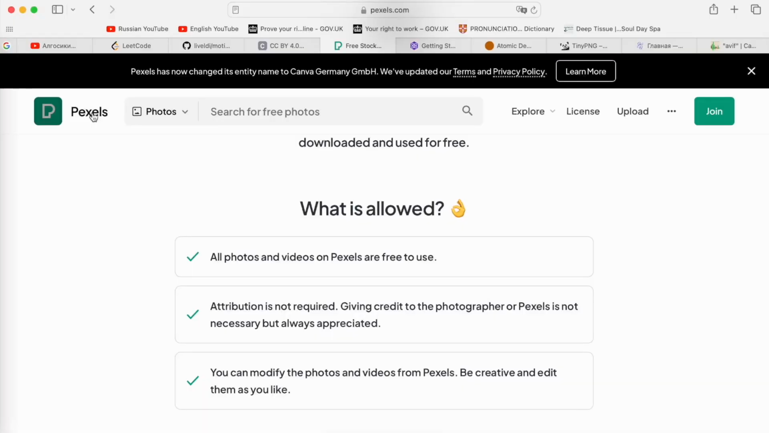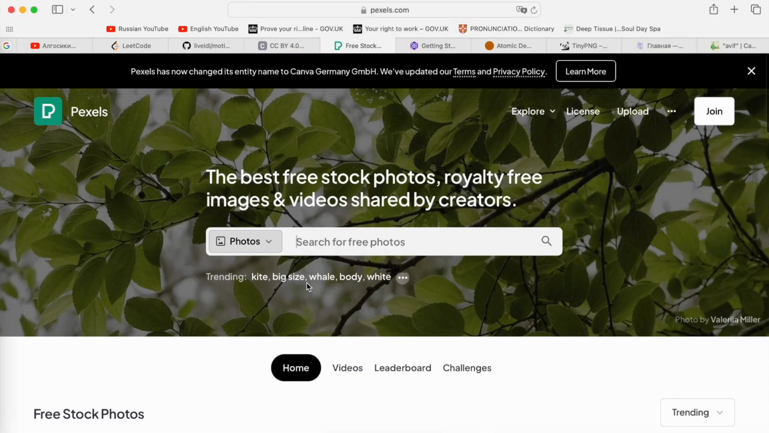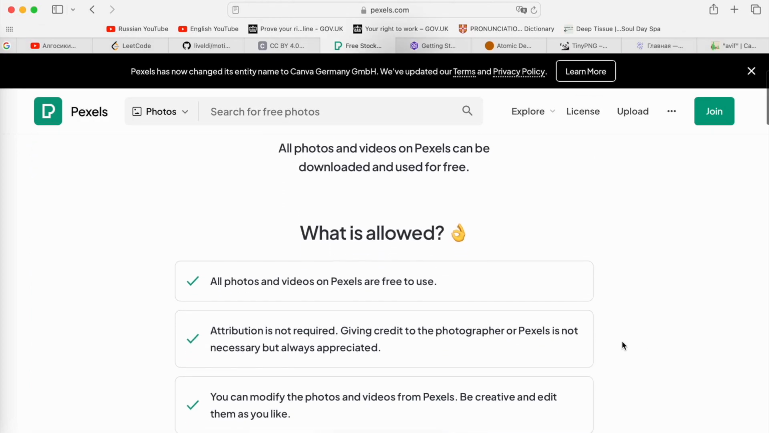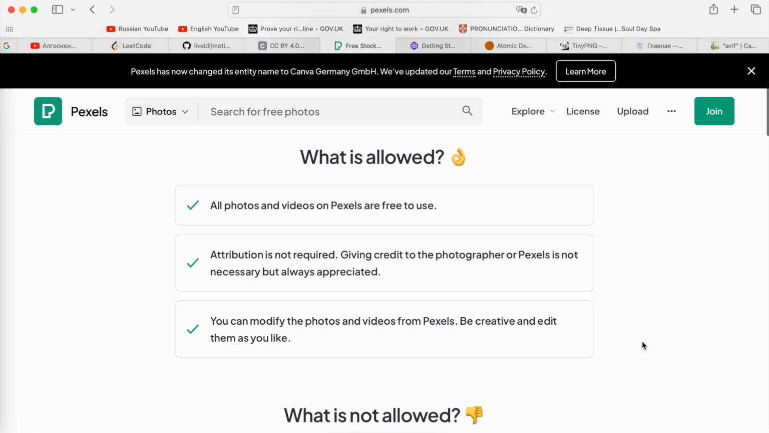And for that, I can recommend you an amazing website which is Pexels, and here you can find a lot of different images on different themes and just download them. And if we again go into the license, we can read that all photos and videos on Pexels are free to use. And as I understood, you can also use them for commercial purposes, because I don't see here any other words,